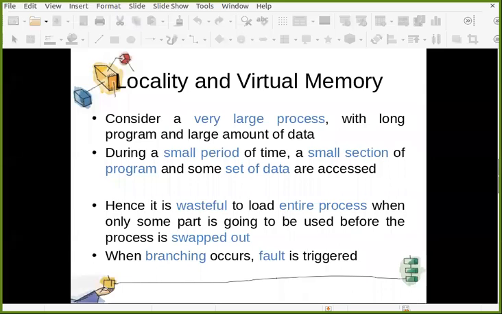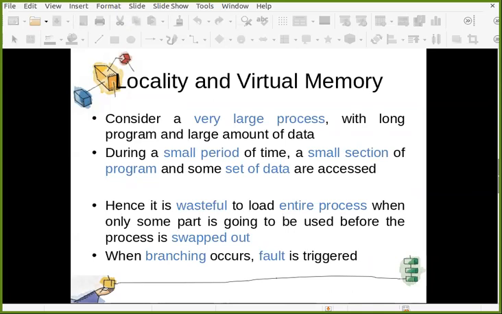There is one concept called locality, so let us understand it. Consider a very large process with a long program and a large amount of data. During a small period of time, only a small section of the program and some set of data are accessed. What is a small section, and what is a small period? That is relative.